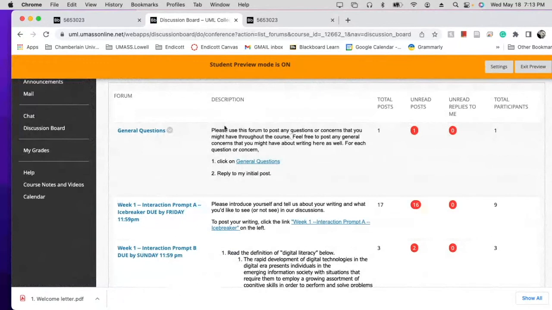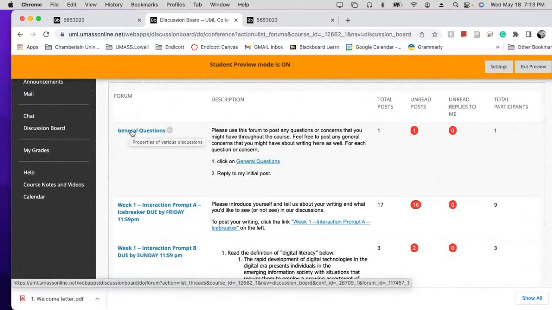There is a general questions discussion board. The theory I tell people is if a question occurs to you, and you post it on the question board and other people have it, then everybody can benefit from it. And that's probably true. But you can also just email me if you have a question, and I usually get back to you the same day, if not just a few hours, because I'm basically always online. And if it's something that I want everybody to know, I'll probably send an email to everybody, right? Or I'll post an announcement, which will end up in your email. So you want to make sure you check your email pretty regularly.